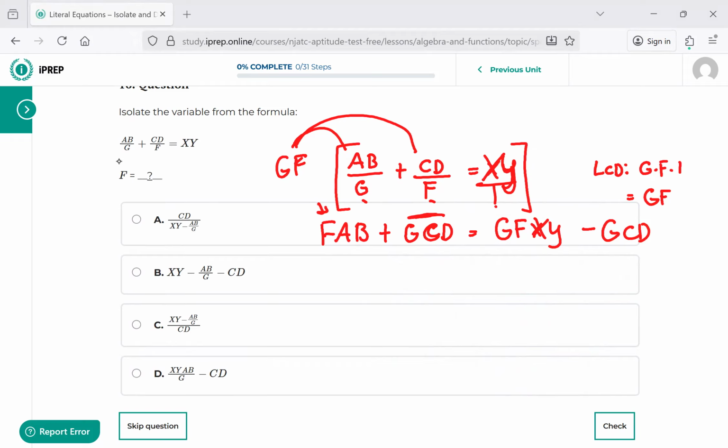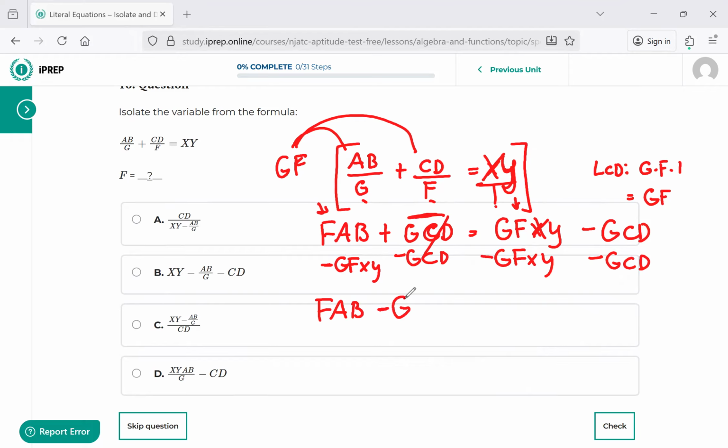Instead, you see there's an extra F right here, and then you have an F here. So what you want to do is get all the F's on one side. So you can't just subtract F. You've got to subtract this whole G, F, X, Y. And then because this GCD does not have an F, get that on the other side. So you're going to subtract GCD. Oh, look, there's two GCDs. So now on the left side, you're left with FAB